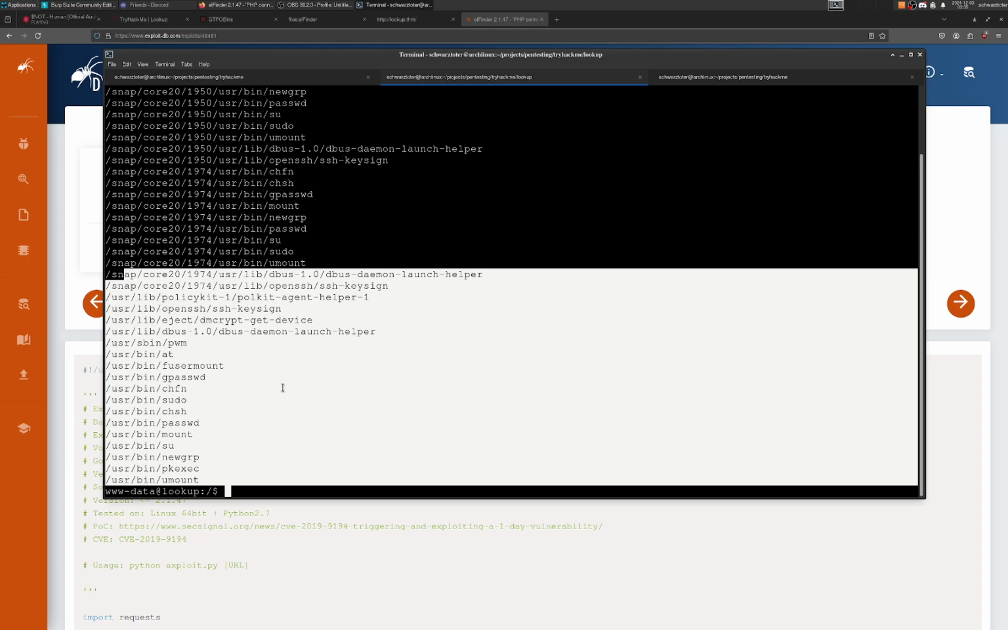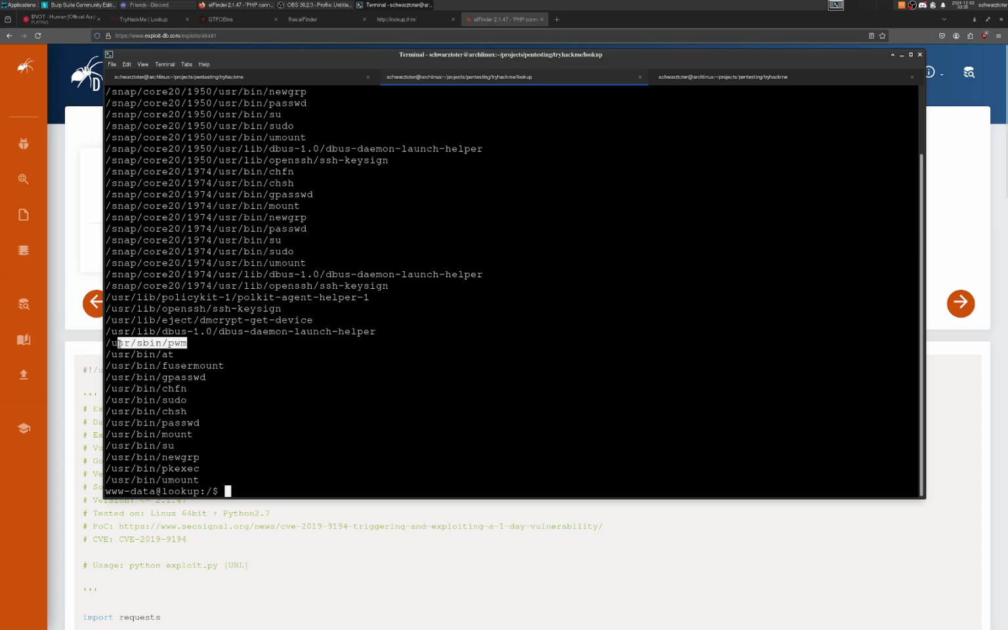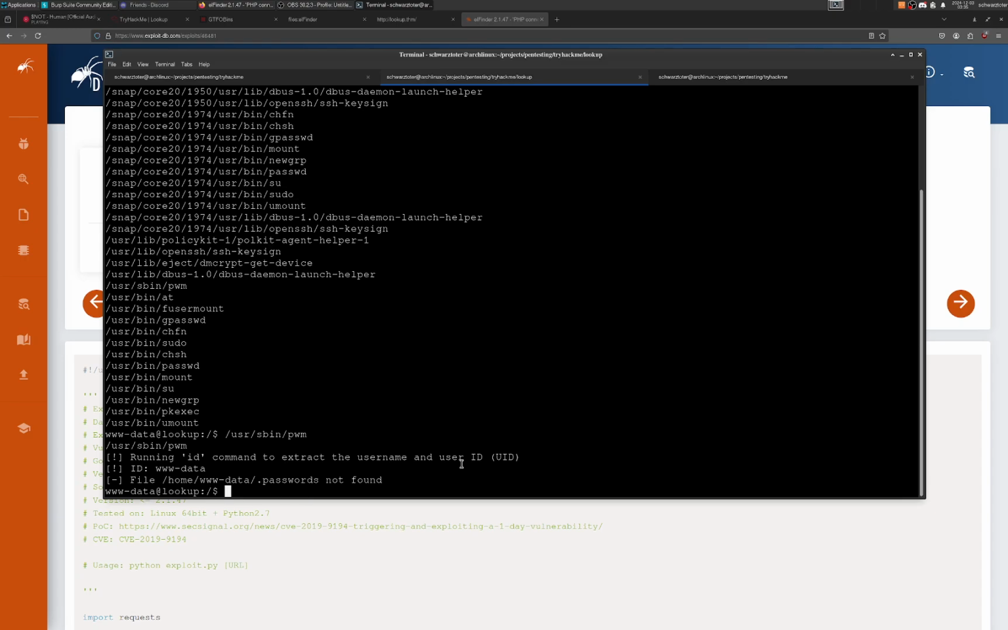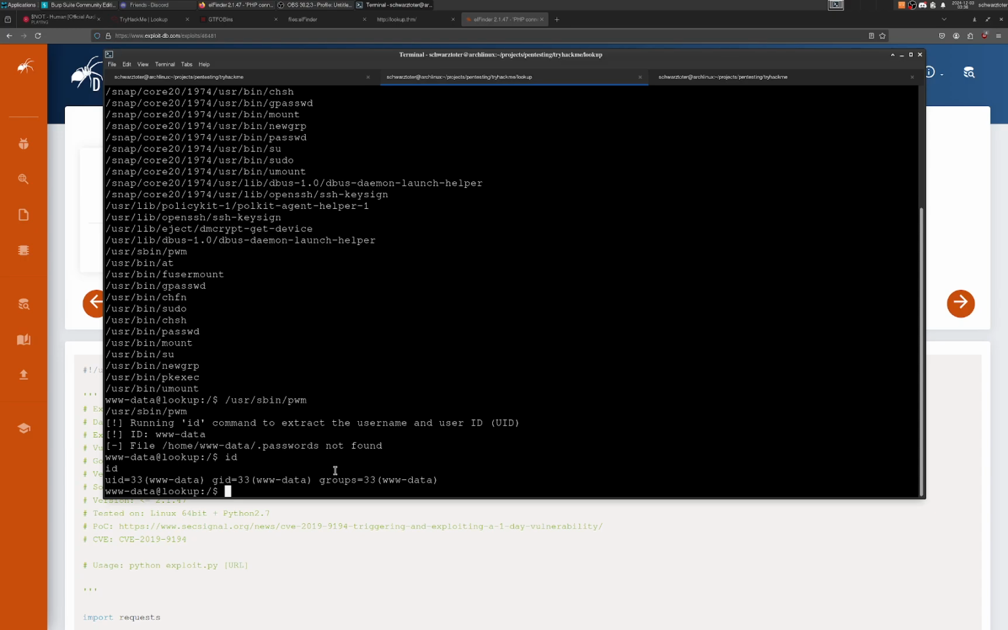And I was just going around trying this, and then yeah, I mean this is pretty stupid though, to be honest. Look at this. What's running the id command to extract the username and user ID? id www-data, file home pass not found. So yeah, this just runs id, right? So if you know how commands work, basically it checks your PATH. So we can just echo